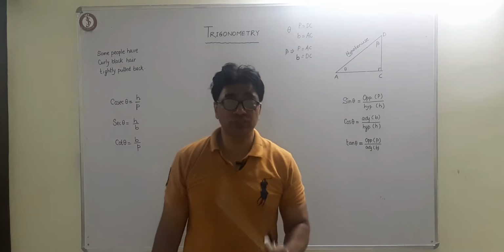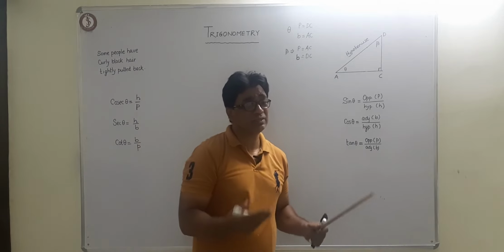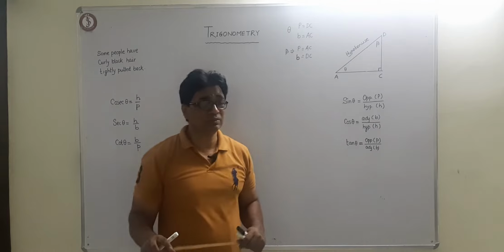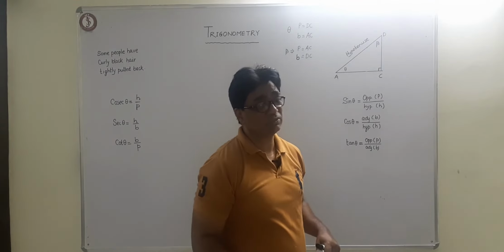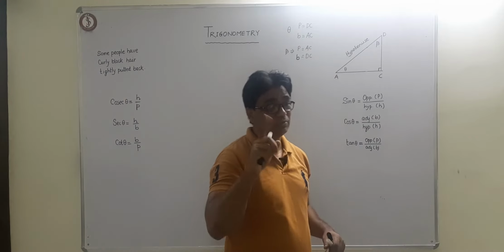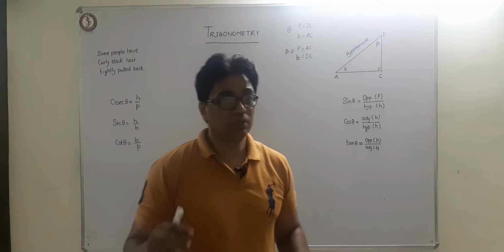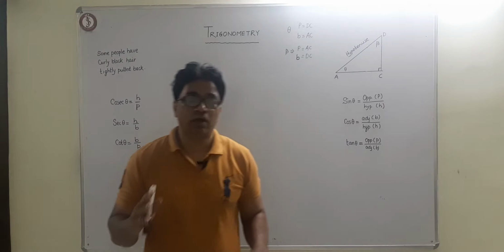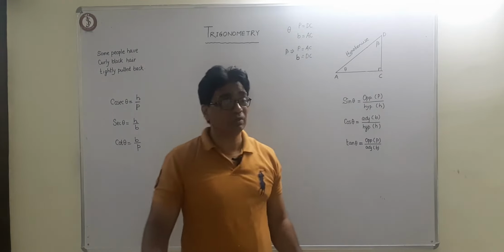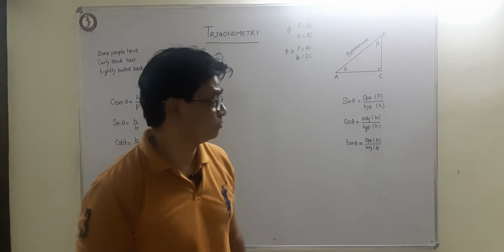So for a fixed angle, the ratio of perpendicular and hypotenuse, say for example sine 30. You make a right angle triangle in which one of the acute angles is 30. Whatever the size of the triangle, the ratio is fixed, that is 1 by 2. For sine 30, perpendicular by hypotenuse is always 1 by 2. If you want to check, you can check. You draw any right angle triangle with one acute angle 30 and find the ratio of perpendicular and hypotenuse. You will see the perpendicular is half of the hypotenuse. You do a construction and find out.